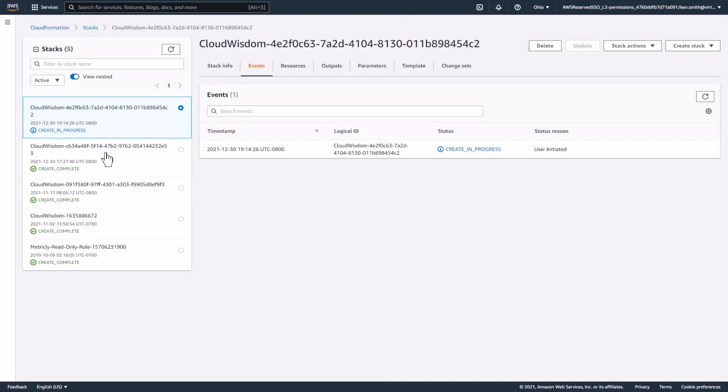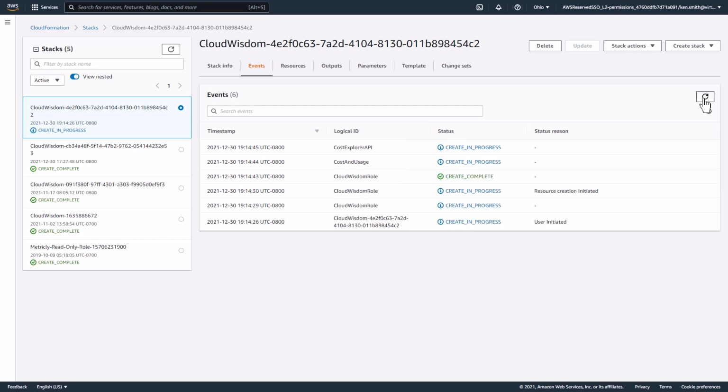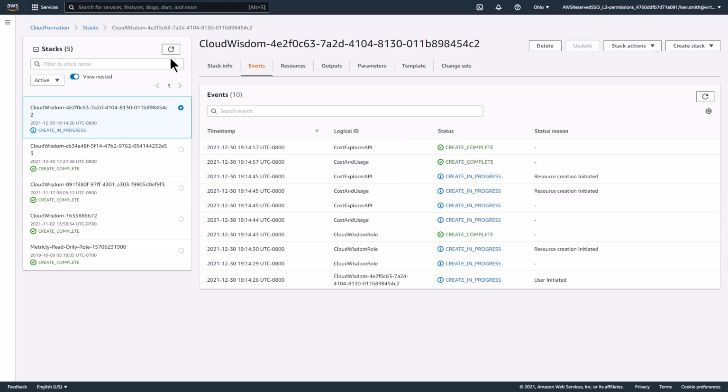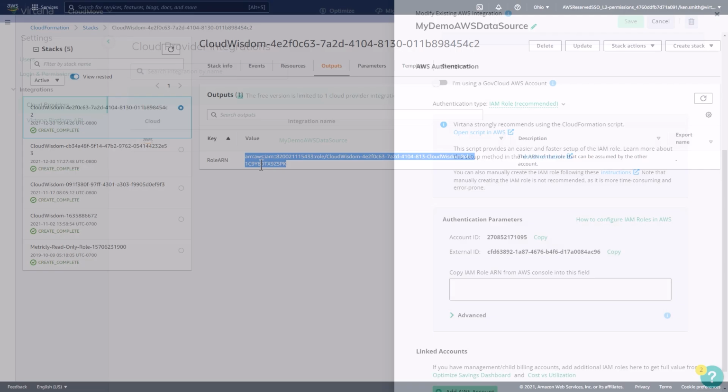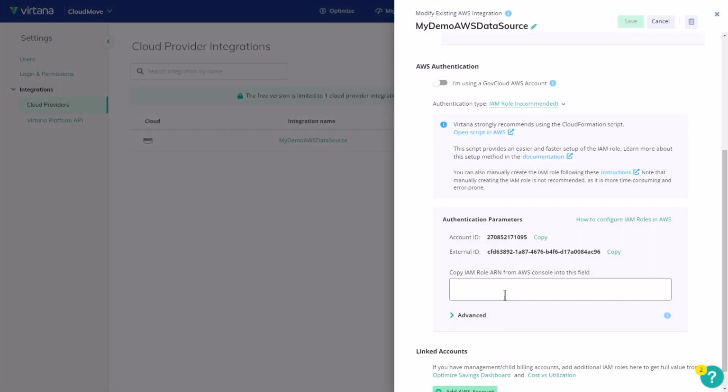Now that it's begun, we'll sit at this screen for probably 10 to 15 seconds. You can hit the refresh button to refresh the screen. Now we can see the create was complete. Next we click Outputs, and this is what we're looking for, the role ARN. We need to copy this role ARN and now go back to Virtana Platform and paste that into the new